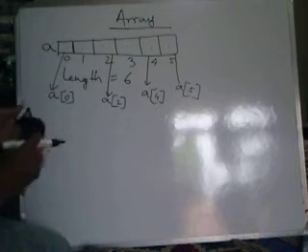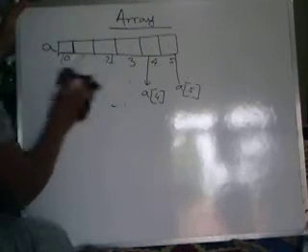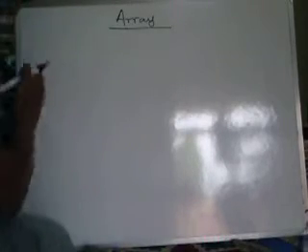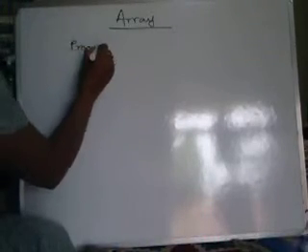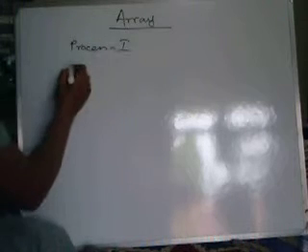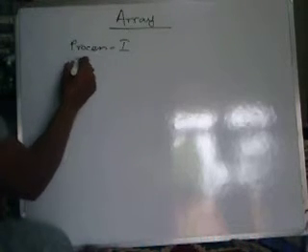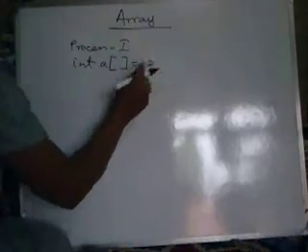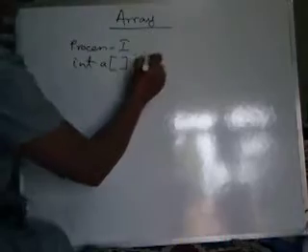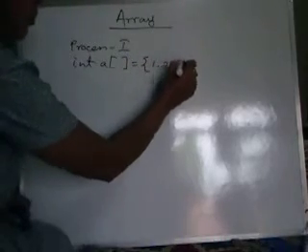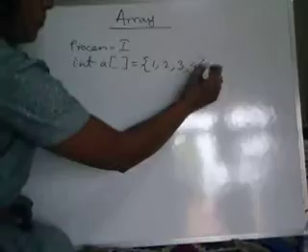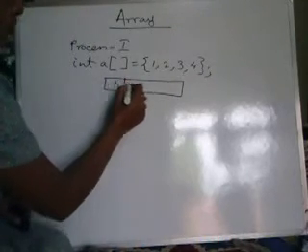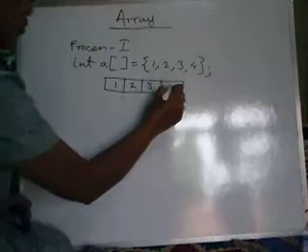Now, how to declare the array? To declare arrays, we have two processes. First, process 1. In case of process 1, we have to declare the array with the values. So, in A third bracket is equal to, within the braces, the values we have to give separated by commas. So the array will be created with the values automatically, which will be stored within this.